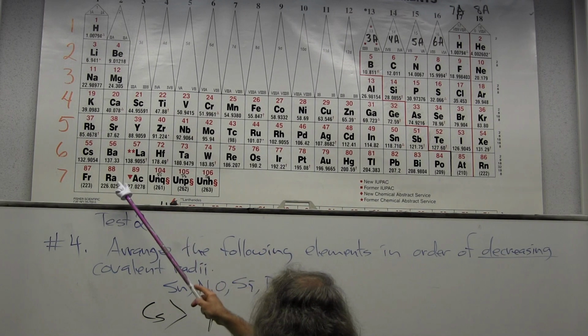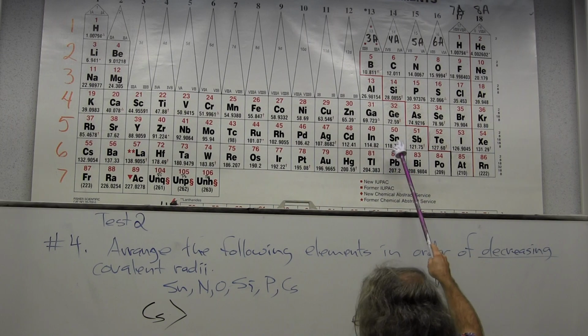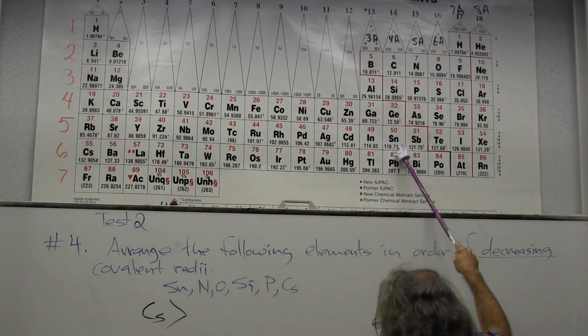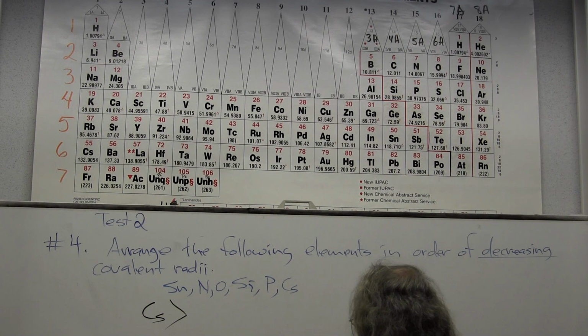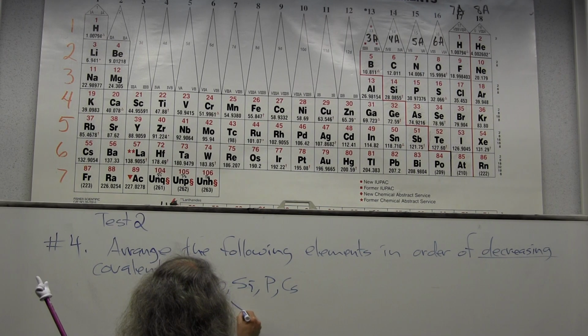I don't have any more here. I go from cesium, I go up one, I come over here to tin. And that looks like that's the next one in size. So I go from cesium to tin, which is larger than,